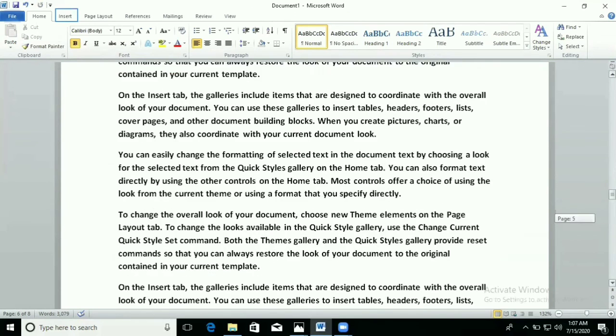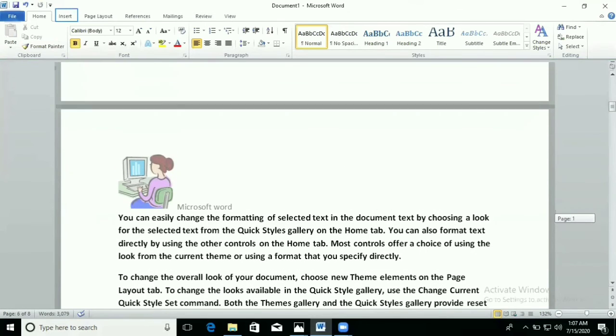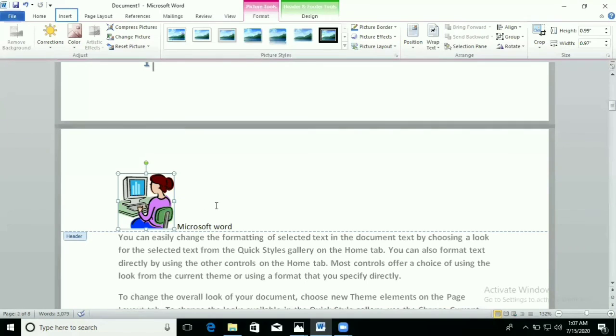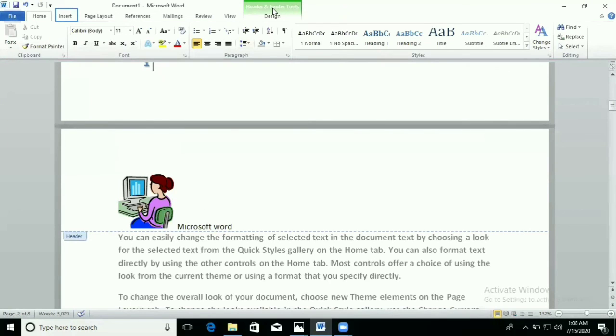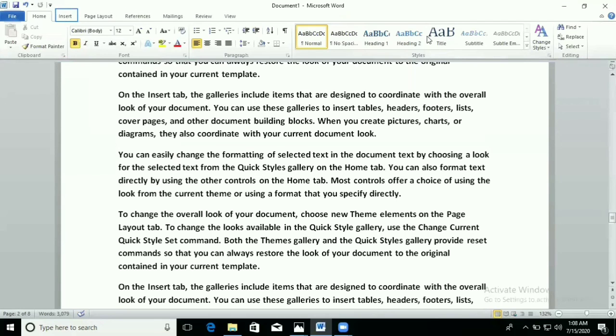When will it be visible? When you double click on either the header part or footer part. When you double click on the header part or footer part, you can see header and footer tools are here, and in the design tab, all the options are here. If you want to close it, just close the header and footer tool or double click on the text.